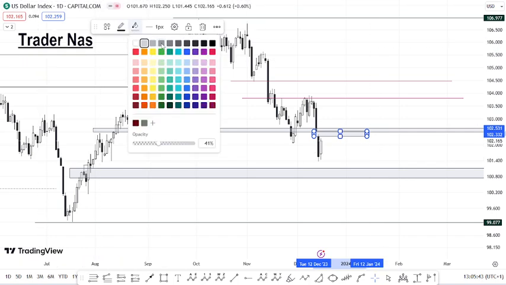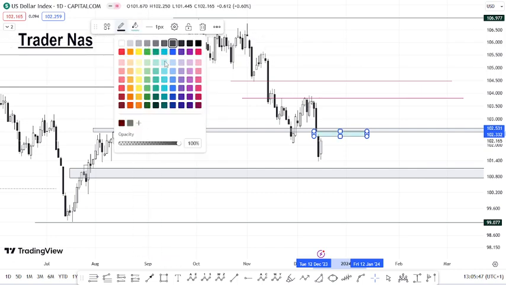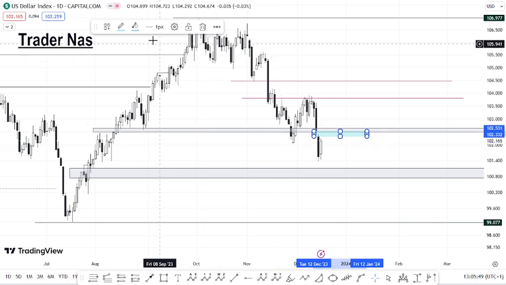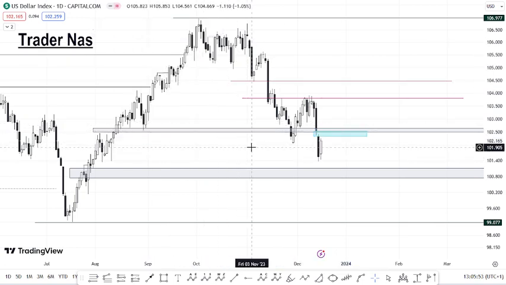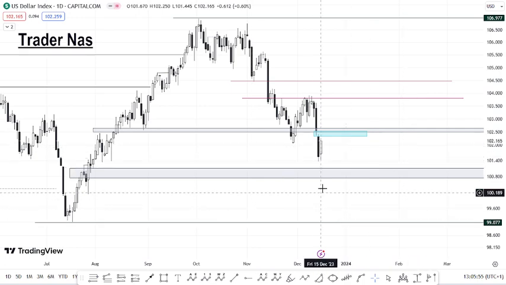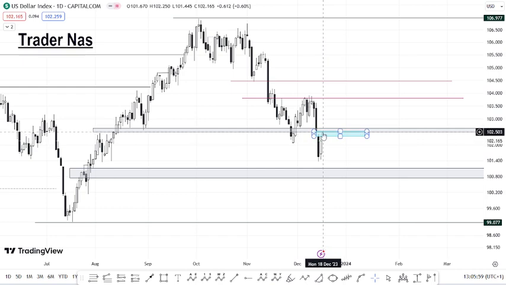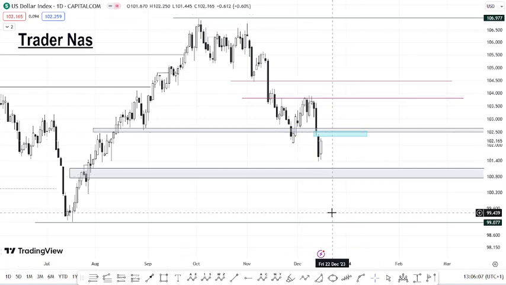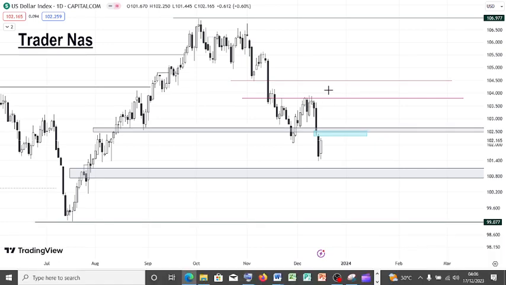So I like to mark the body so I can match with other brokers, guys. Let me change the color. Maybe you should put this one here, and this one here, like this. The frame is just a little bit low. Okay, so this is the volume imbalance that I'm looking at. Any situation that could happen here is just a pullback, bounce, and keep dropping to this zone here. So that is the target that I have, guys. I don't want to waste my time. It's just simple like that.